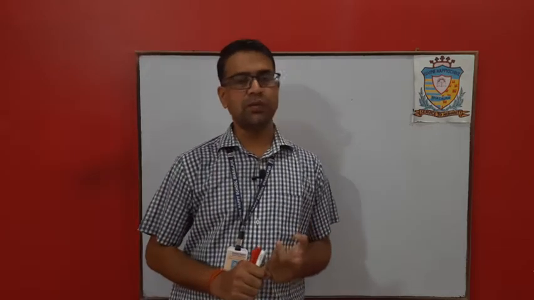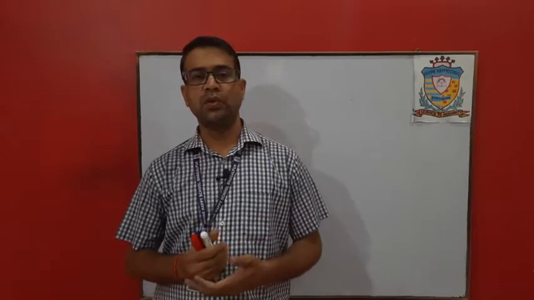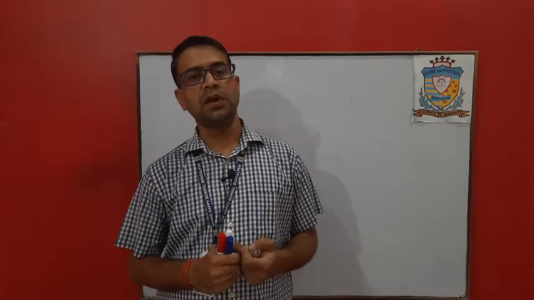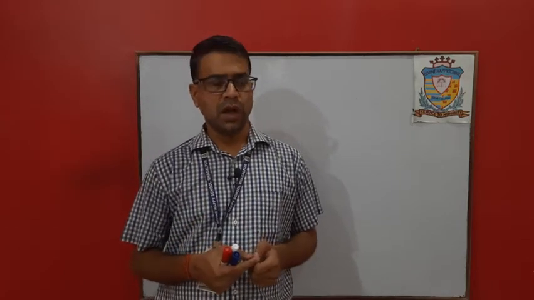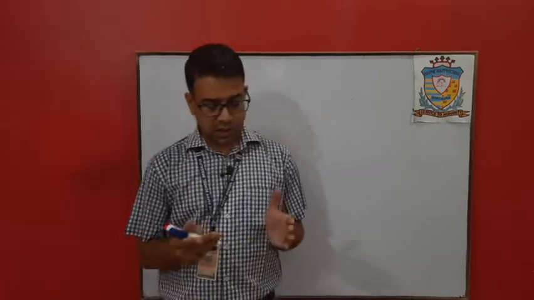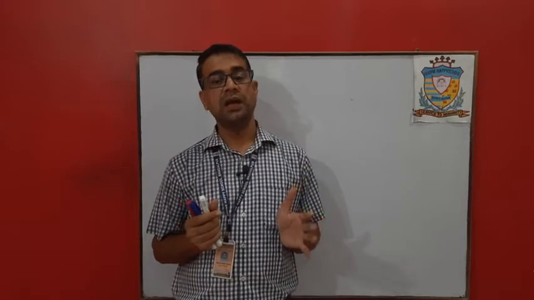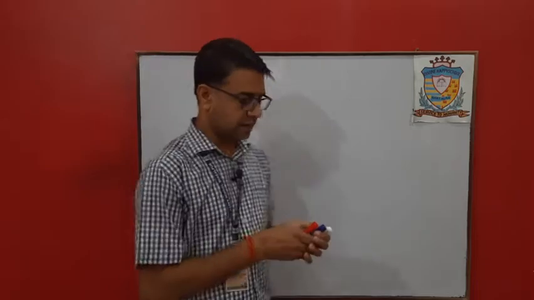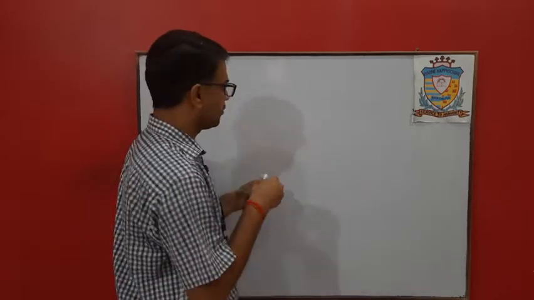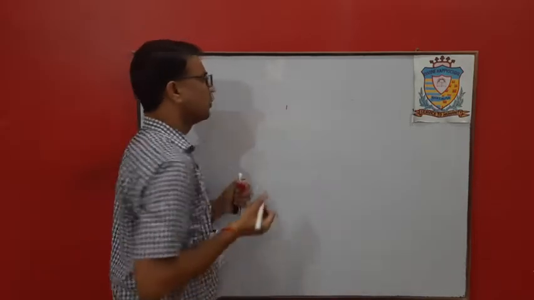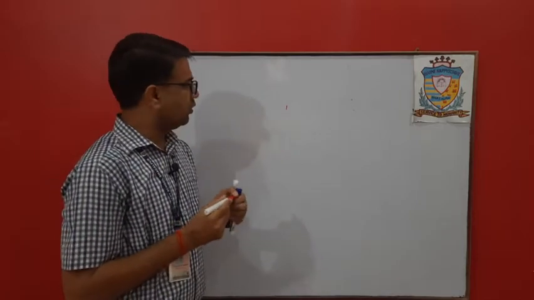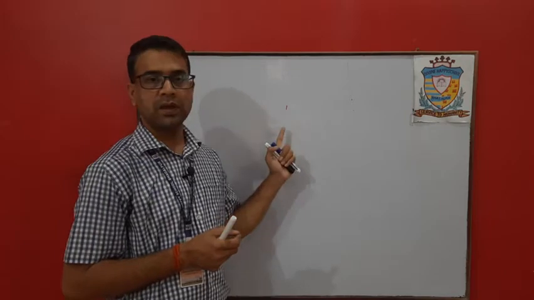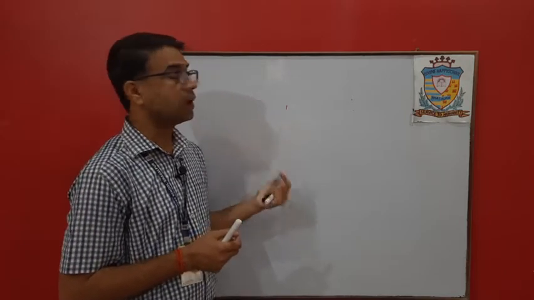Basically, there are two types of resistors that we use in our laboratory. One is known as carbon resistor and another is known as wire wound resistor. Wire wound resistors are big in size and costly, while carbon resistors are very small in size, somewhat like this. Clear? And it is cheaper. So that's why we mainly prefer the carbon resistor. Now, what is a carbon resistor?